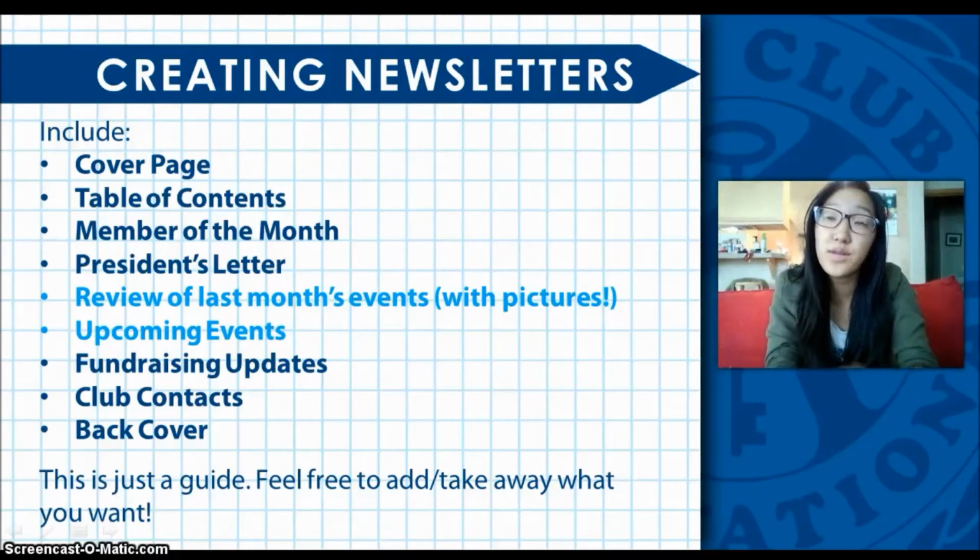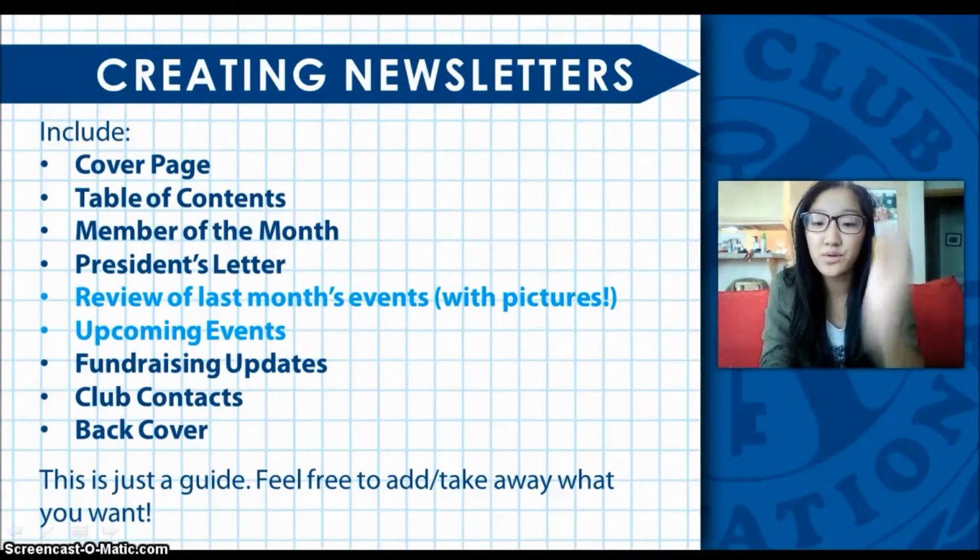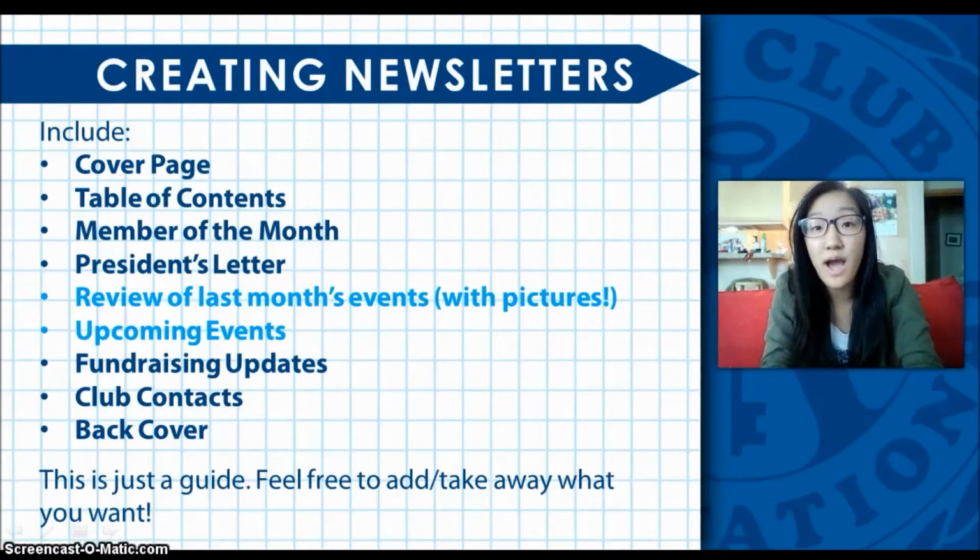You should also be including upcoming volunteer events, which means everything that's going to happen in the next month or 2 months. This would include DCMs and any volunteer events and meetings that you have with your club. So you would include the who, what, where, when, and why for all of that, and effectively communicate that through your publication. Basically just include all of this stuff and try to add your own things, or maybe take away things that you feel aren't necessary, and just play around with it.